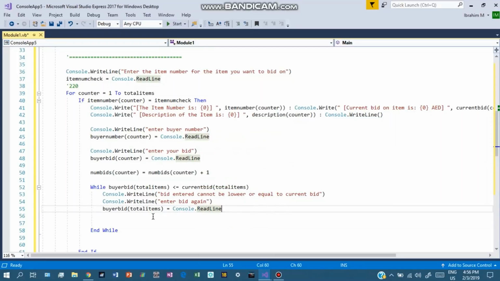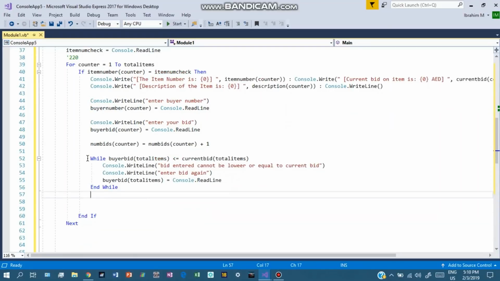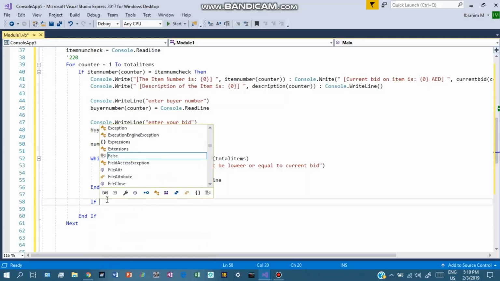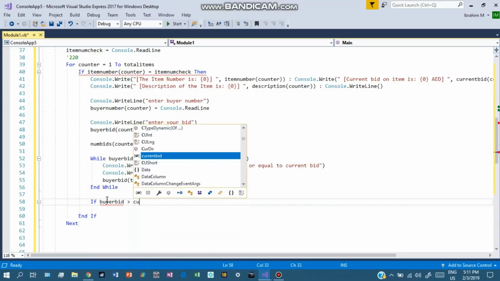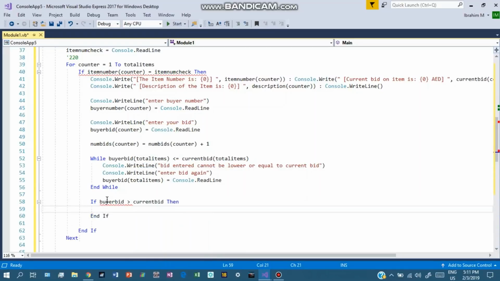Okay, so that's fine, and that's it for the validation, just for the bid, not the validation if the item number does not exist. I spent like 3-4 days working that out. Once that's been done, we will need to write an if statement with the condition that the buyer bid has been entered correctly in the beginning. So if the current bid is 80 and the buyer entered like 100, if that's occurred, so buyer bid greater than current bid, then we will